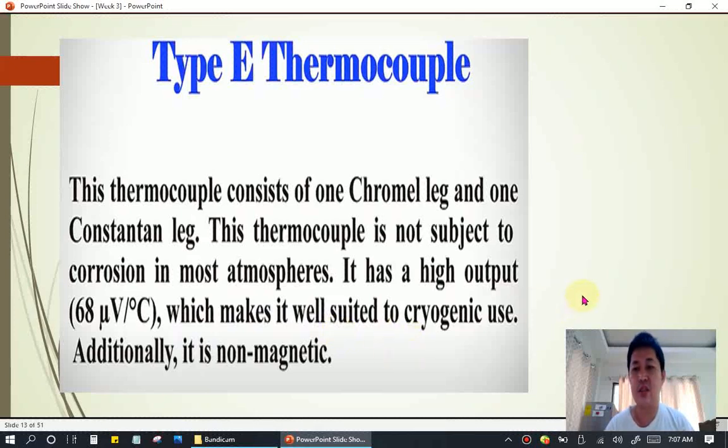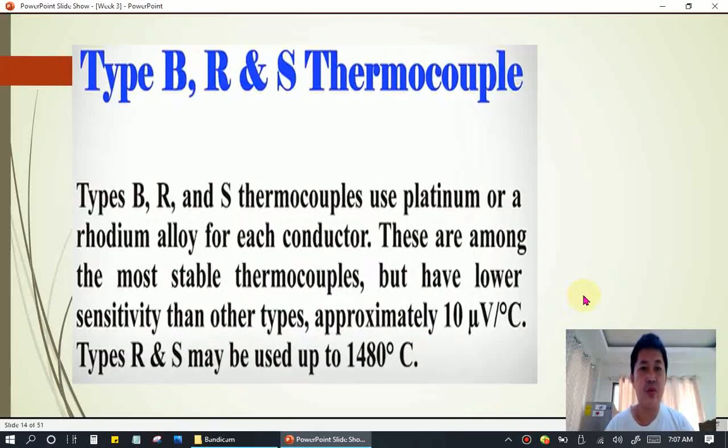So we also have type B, R and S thermocouples. Type B, R and S thermocouples use platinum or a rhodium alloy for the conductor. These are among the most stable thermocouples, but have lower sensitivity than other types, approximately 10 microvolts per degree Celsius. Type R and S may be used up to 1,480 degrees Celsius. So we use this one in the exhaust